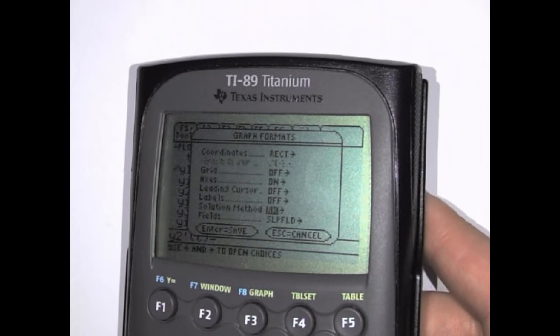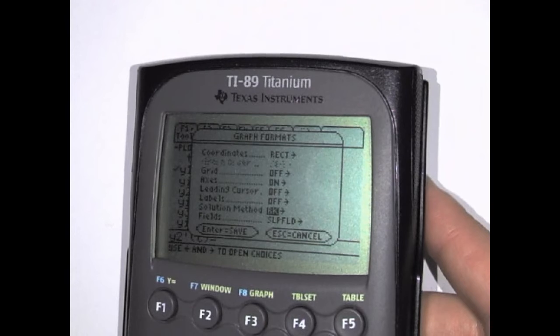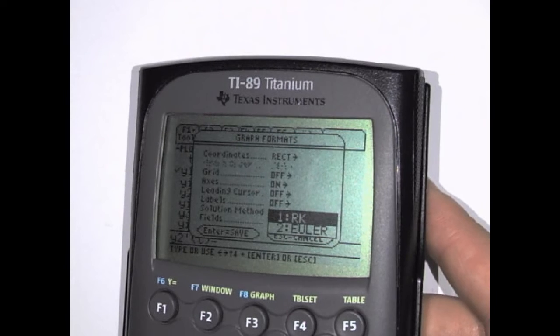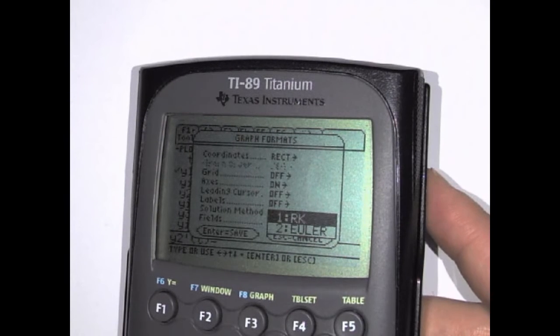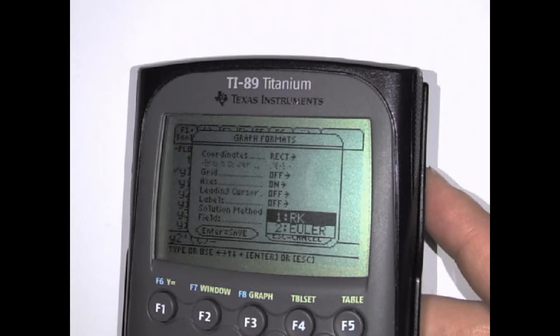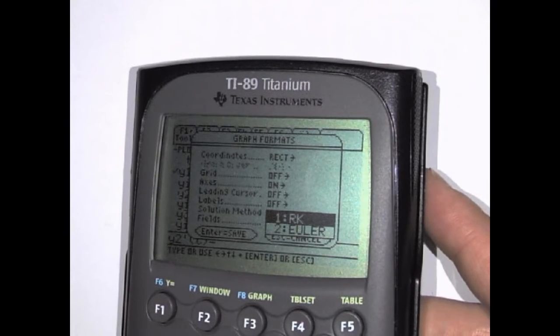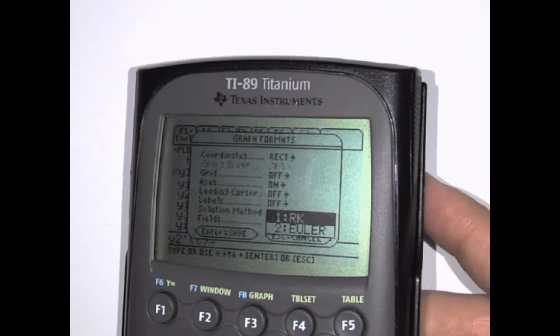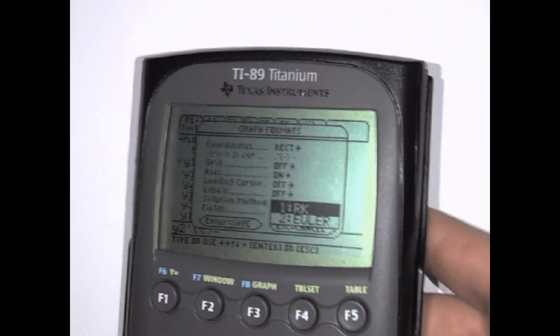When it draws the solution curves, it has two choices of the solution method that it uses internally. So there is RK, which stands for Runge-Kutta method, and then there is the Euler method. In this class, we'll discuss what the RK method is like, but then we'll really delve into the details of Euler's method. But it doesn't really matter for our purposes right now which of these you're on,